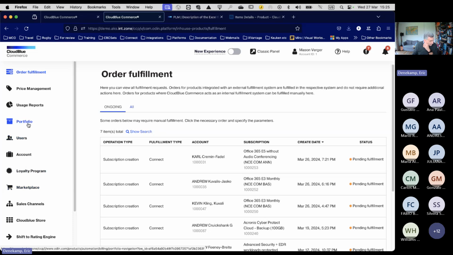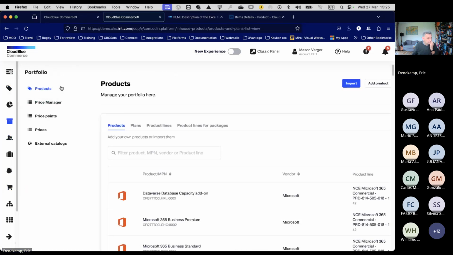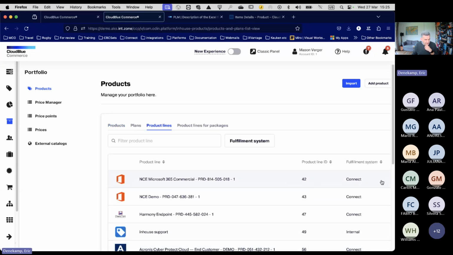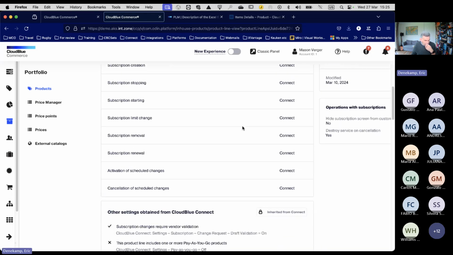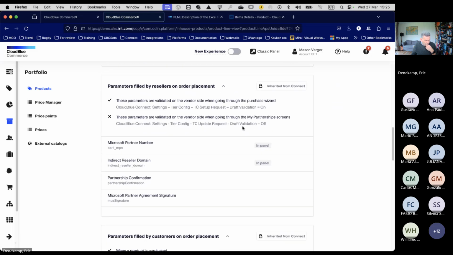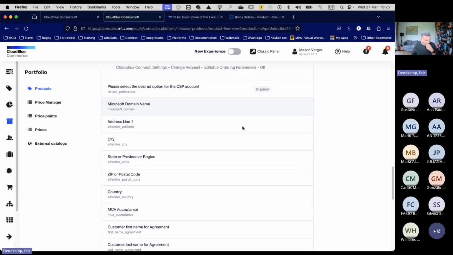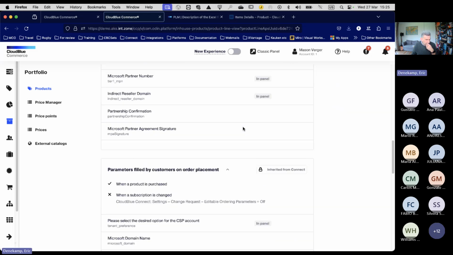In Portfolio, in the Product Lines tab, let me see, I should be able to export. There's a lot of information there.